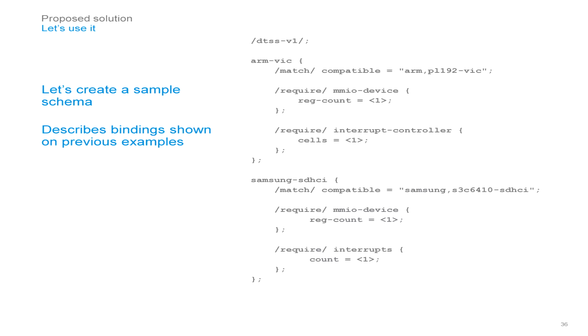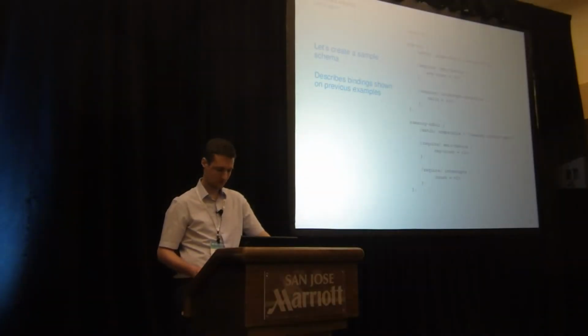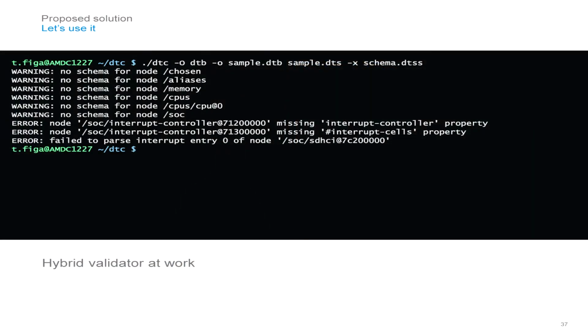And the SDHCI is very similar. It is an MMIO device with 1 reg entry, and it is a consumer of 1 interrupt signal. Now, after entering the necessary command line and passing this sample schema file to the modified DTC, we can see that we get a number of warnings about no schemas present for selected nodes, as there were just 2 schemas in the example,